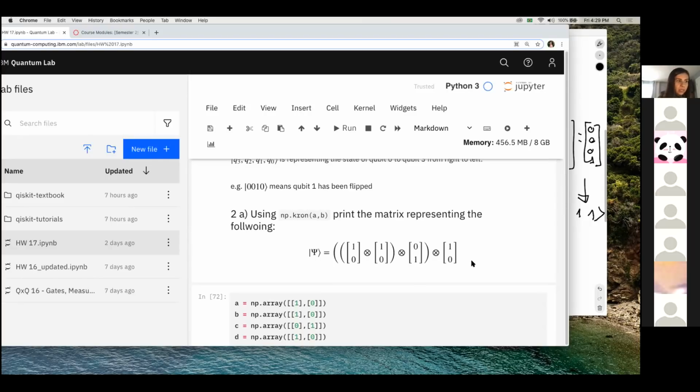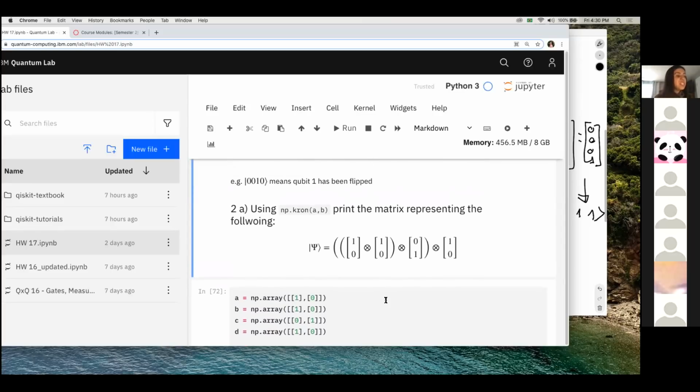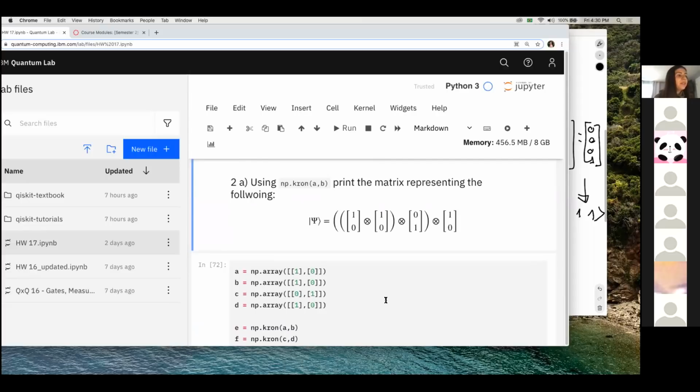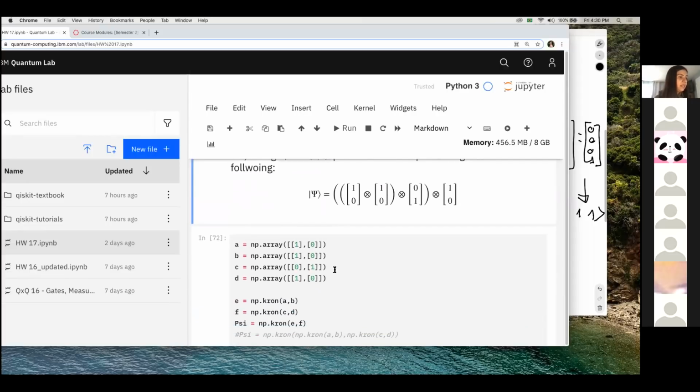Tensor product is not commutative, which means you cannot change the order of the vectors you're multiplying, but it is associative, which means you can put the parentheses here, or here, or here. It doesn't matter where you put your parentheses because it's associative, okay? So what I'm going to do here is write the vectors